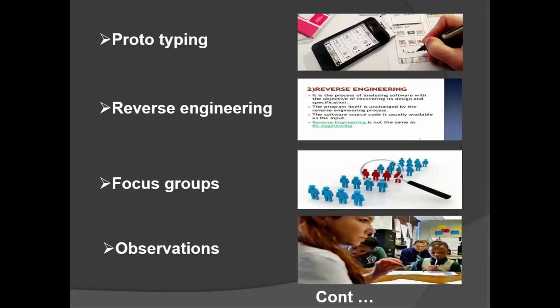In focus groups, there are two types: homogeneous group and heterogeneous group. Homogeneous group means the people who are from the same background, and the people or stakeholders who are from different backgrounds fall under heterogeneous group.